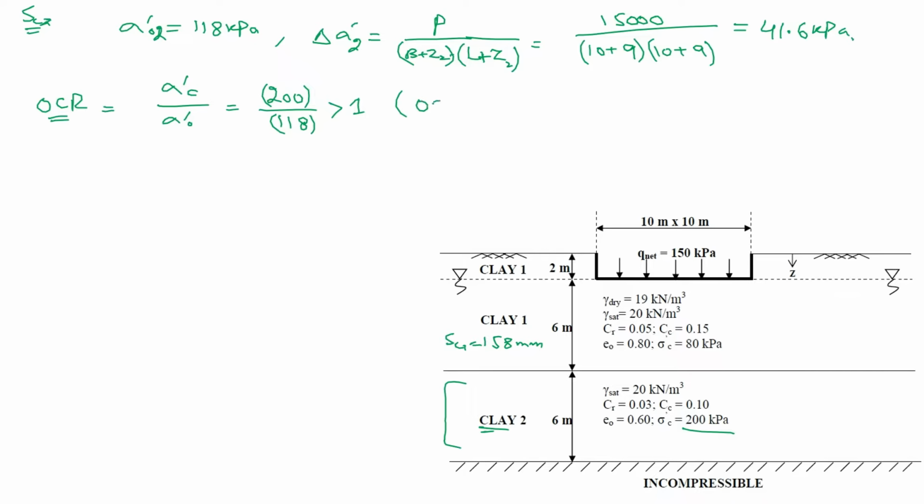So this is OC. Which case, 1 or 2? To check this, we have to add these two values. What is sigma prime? This is 118 plus the value of induced stress, that is 41.6. It will be 159.6 kPa. Since the sum of these two values is less than sigma prime C,